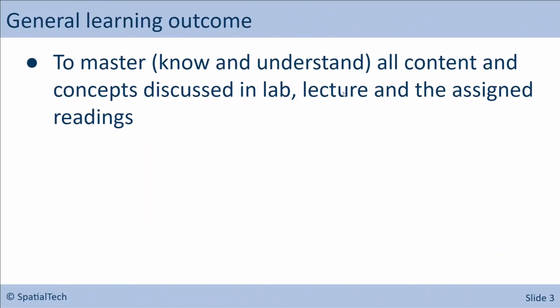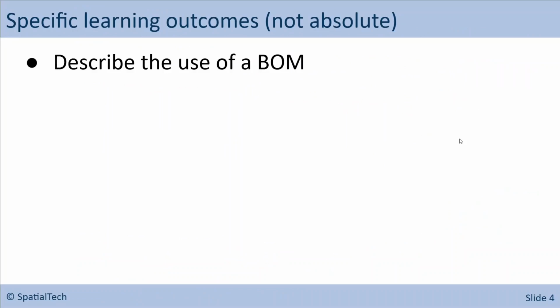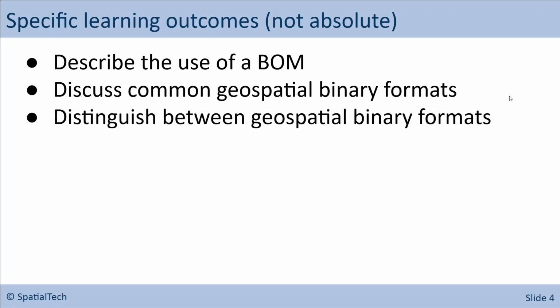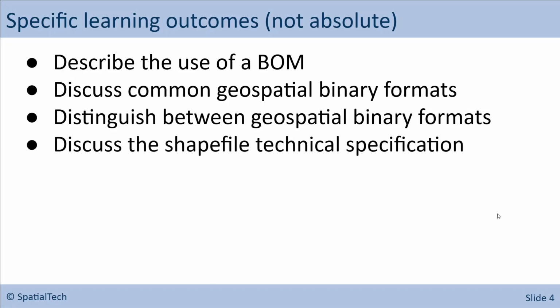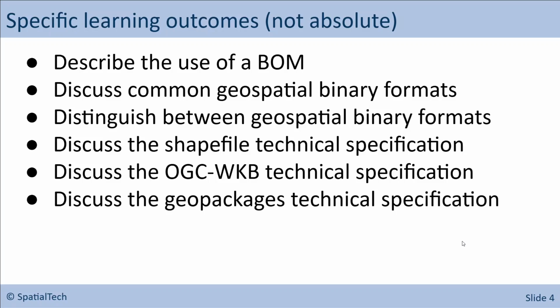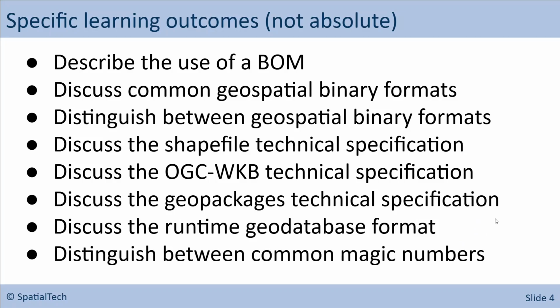The general learning outcome is to master, know, and understand all content and concepts discussed in the lab, lecture, and the assigned readings. Specific learning outcomes, although not an absolute list, describe the use of a BOM, discuss common geospatial binary formats, distinguish between geospatial binary formats, discuss the shapefile technical specification, discuss the OGC well-known binary technical specification, discuss the GeoPackage technical specification, discuss the runtime geodatabase format, distinguish between common magic numbers,